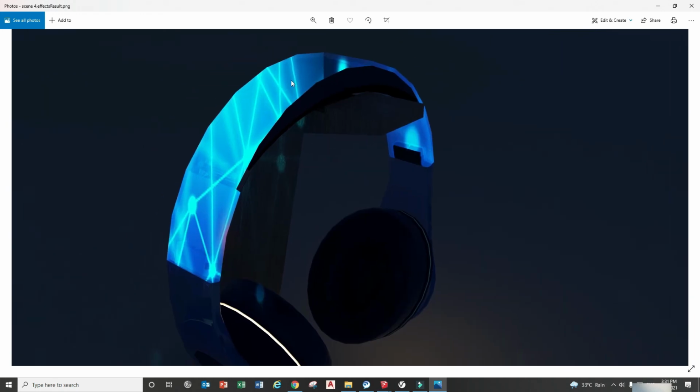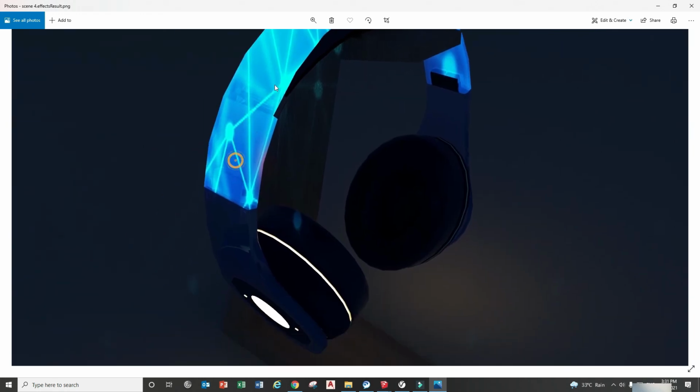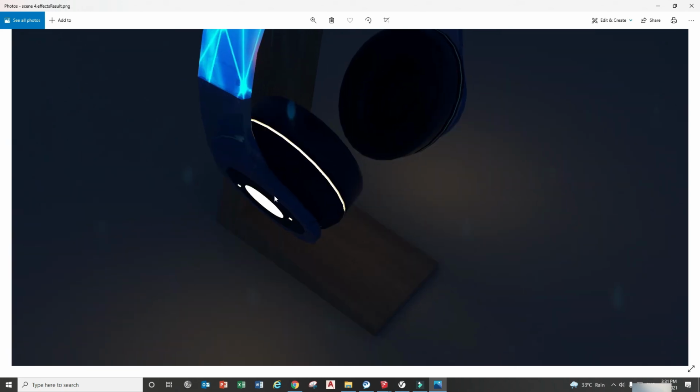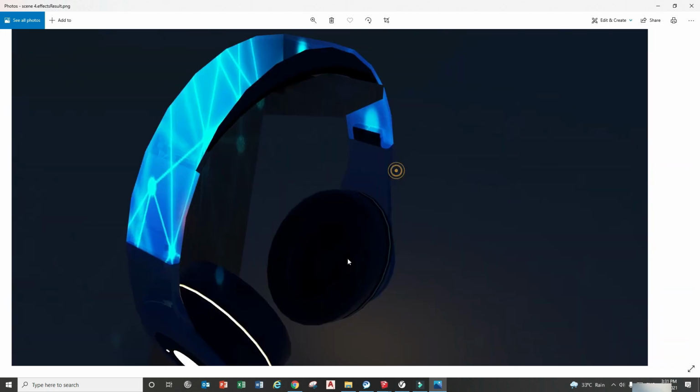Okay, so you can see the emissive, the pattern, the transparency, semi-transparency, and the solid color, the emissive color. Okay,